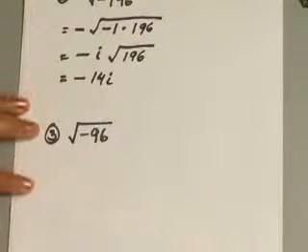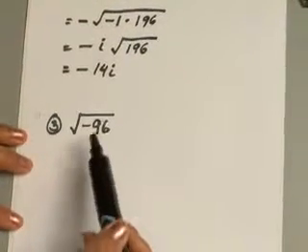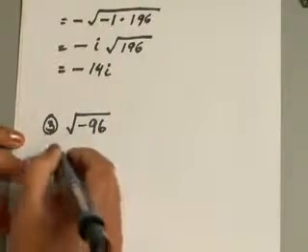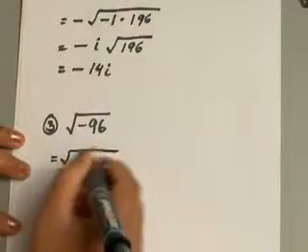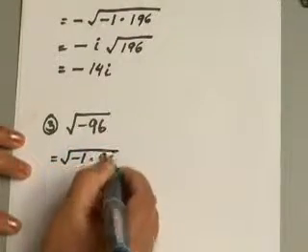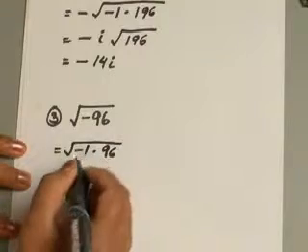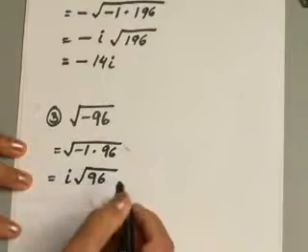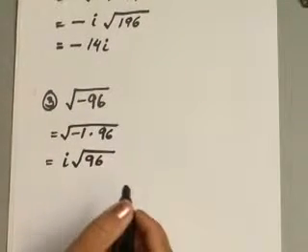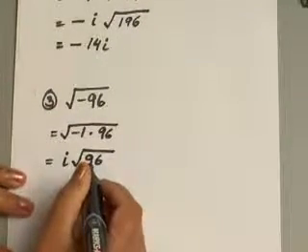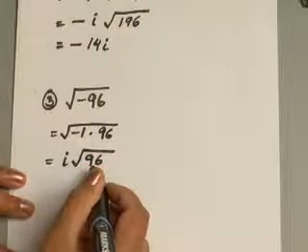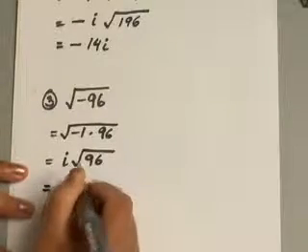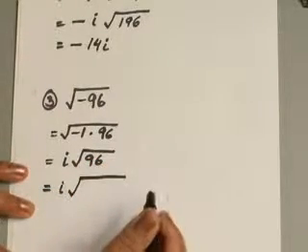Let's look at one more example just to be sure that we know how to work with the number i. So we have the square root of -96. Again, we can write this as -1 times 96, and -1 again becomes i, times the square root of 96. Now 96 is not a perfect square, so it will not completely come out of the radical, so you will have to simplify this number. Let's see how you can write 96 as